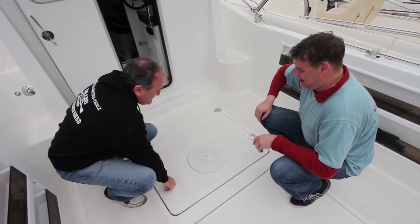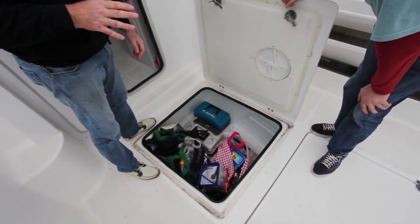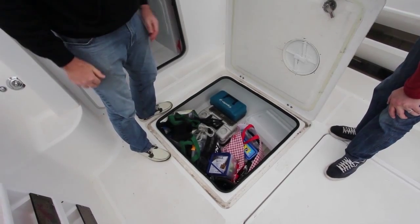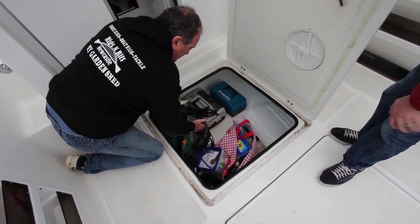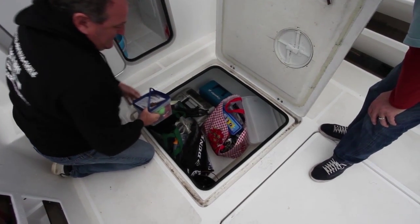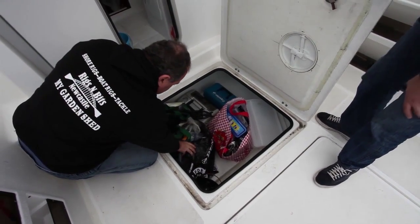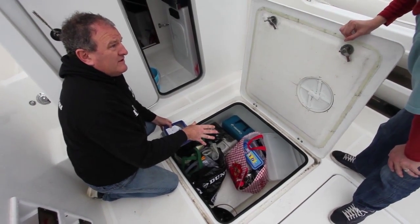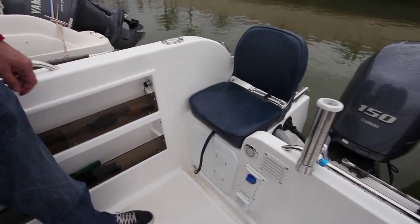We'll lift this up. Unfortunately, this at the moment is full of all sorts, full of fishing gear. One of the decisions I've made to change the boat slightly, I'm actually going to split this well. So I've got dry storage one side and wet storage the other side. That's a brilliant idea. So if I come back here, my fishing boxes can come across. It still gives me 2 thirds. Yeah, there's a lot of room in there. I've got everything. You can easily get 20 mackerel in there. You've got the pump for in and out, and you've got the water inlet. But this is mainly what they use for the food storage, because the fish come in and they keep them live. The live bait well should be behind that seat. But my wife doesn't like me fishing with live bait, so one of the things you've got to hide